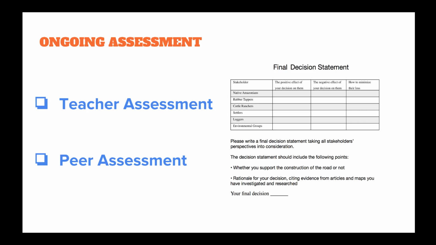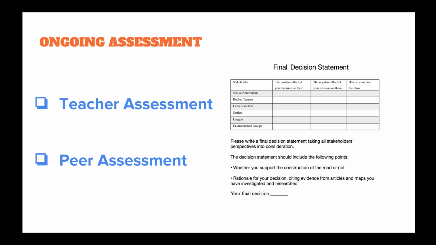The stakeholder table worksheet and decision statement are the principal method for teachers to assess the learning outcomes of students. The sequence of 3 performances in our project makes it easy to evaluate the learning outcome naturally. Without effective research, students would fail to fully understand the interests of each stakeholder on road construction, and thus may not be able to fill in the stakeholder table in detail. Without listening to other stakeholders' perspectives and actively getting involved in discussion, they cannot negotiate and compromise to finish their final decision statement.